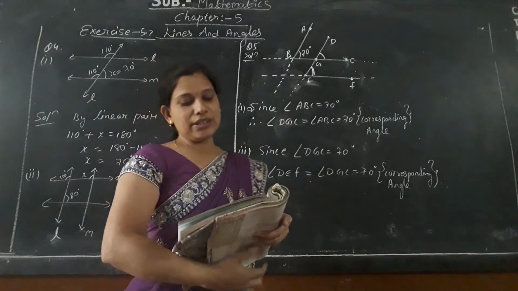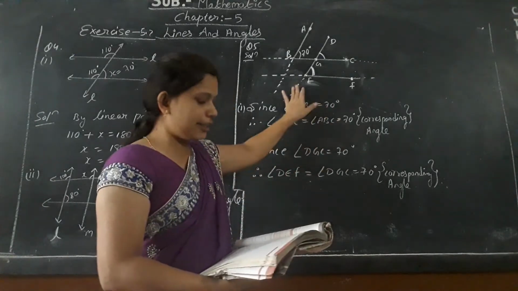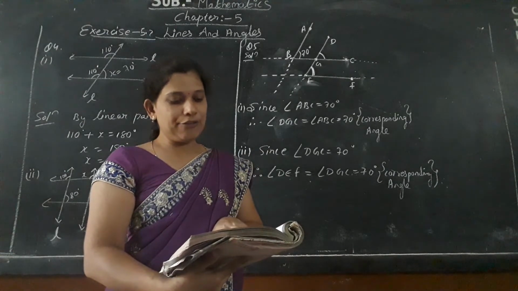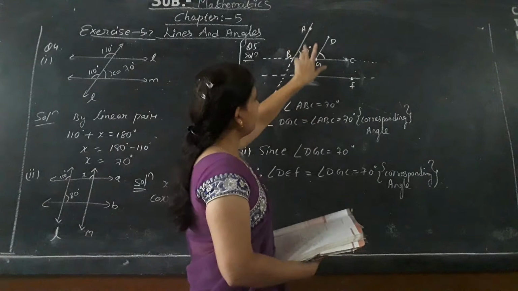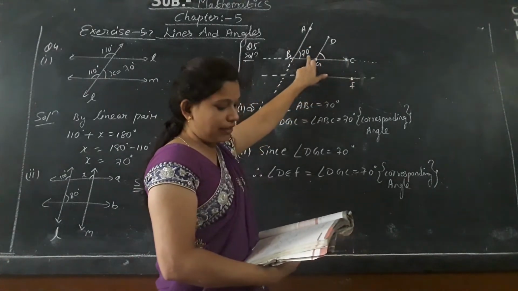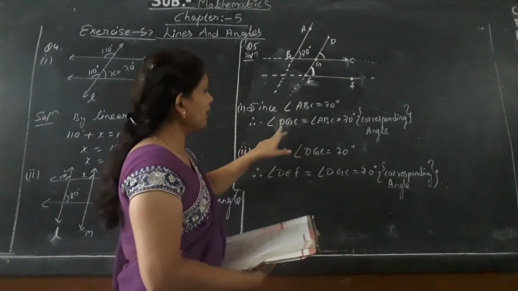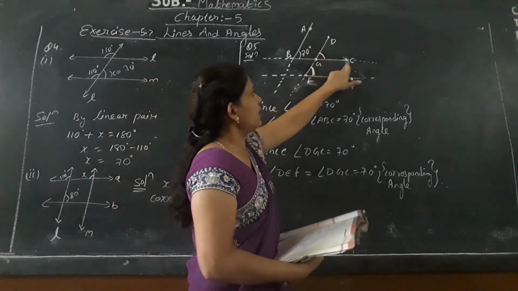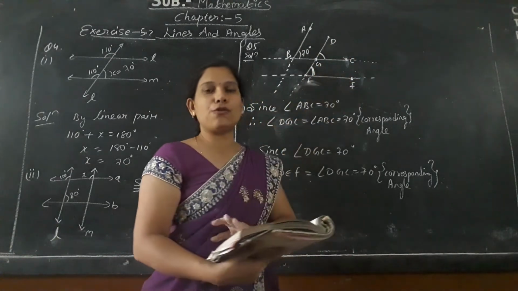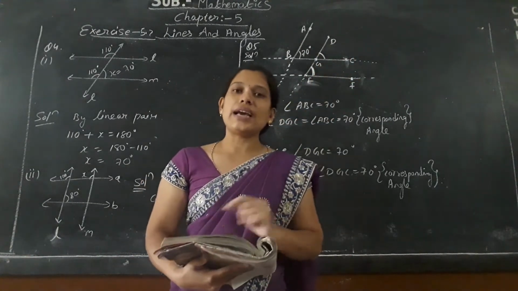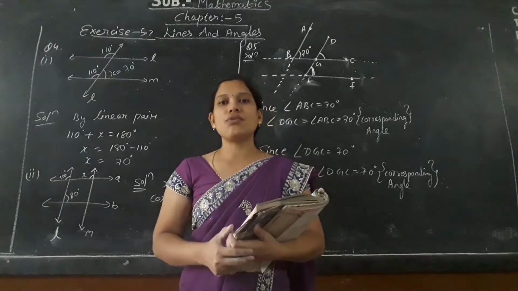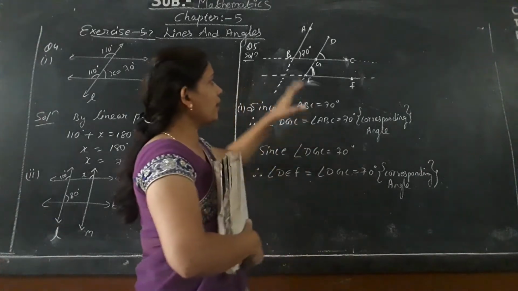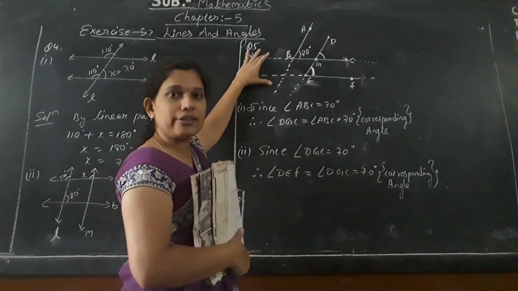In the question number 5 it is said that in the given figure, a figure is being given. Okay, the arms of the two angles are parallel, if angle ABC is equals to say 70 degree, then you have to find the angle DGC and angle DEF. DGC and DEF, this angle you have to find. So dear student, in order to find this angle, what we have to do, little bit construction work should be done because this chapter belongs to the transversal. So we have to do a construction work.